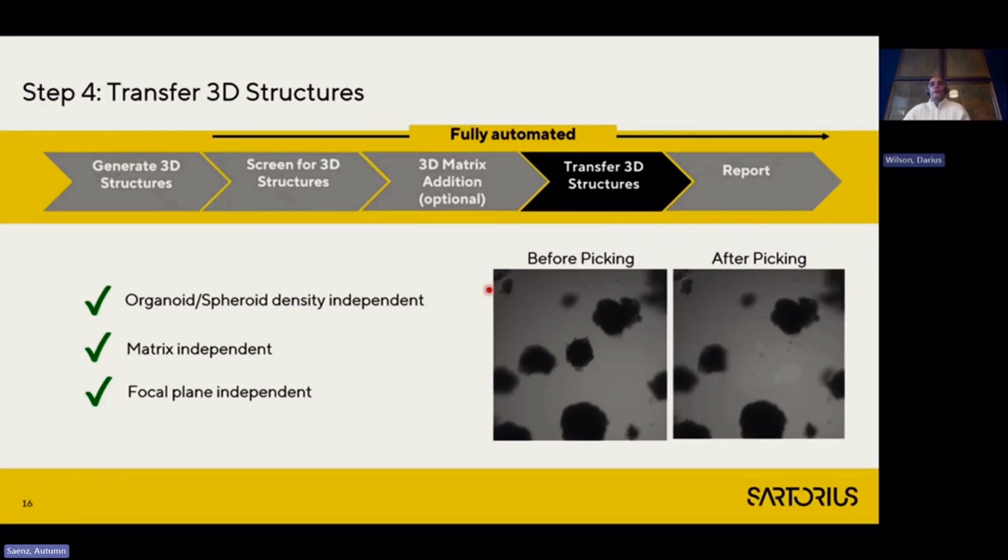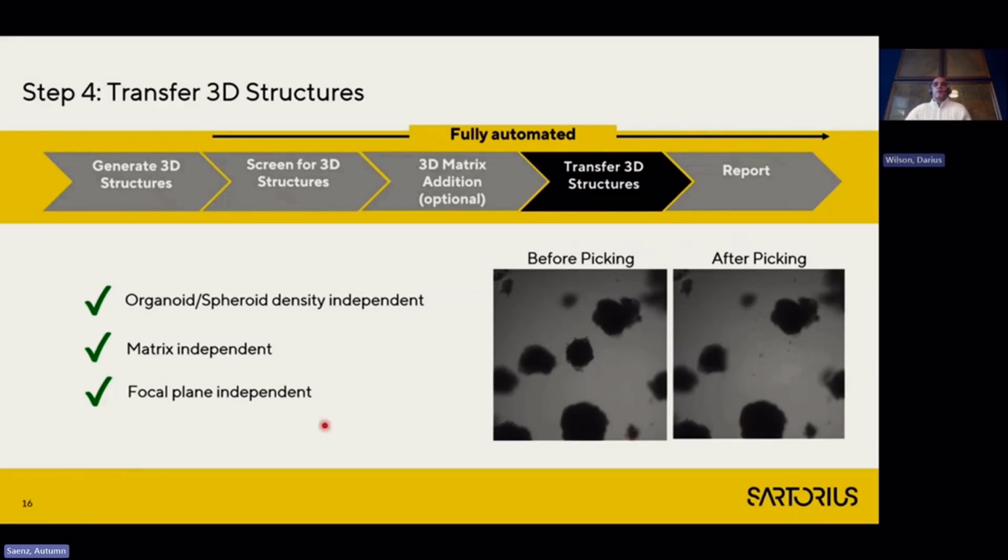One of the key advantages of the Cell Selector Flex is that the organoid spheroid density is independent before picking. We can have as many organoids in the sample as we choose, and the instrument will identify each one to a high precision, then pick it, as we can see here. So we have a rather high density of organoids in this sample. I think this sample is embedded in matrix. We have before picking the organoid here. After picking, we can see the small ripples of the Matrigel here. The organoid is gone without disturbing the surrounding organoids themselves.